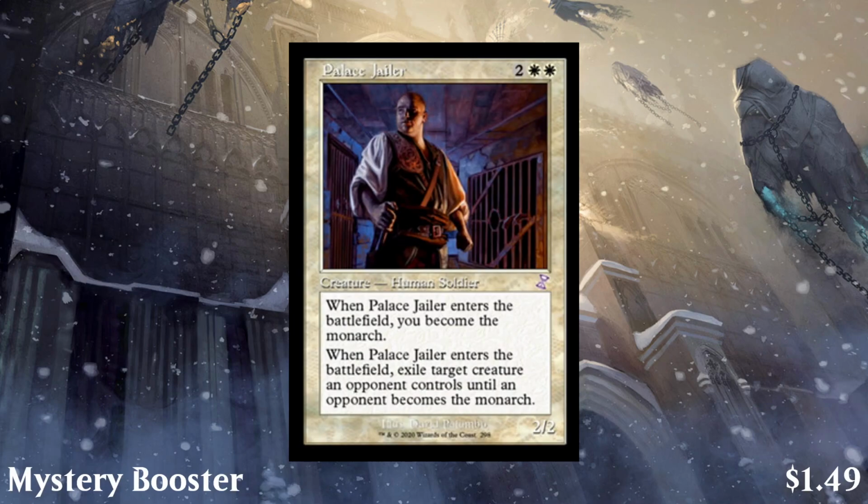Next, we have Palace Jailer, another one of the more obscure cards, at least from my knowing of it, but it's a 4-cost white creature, human soldier, 2/2, and when it enters the battlefield, you become the Monarch, and when it enters the battlefield, exile target creature an opponent controls until an opponent controls or becomes the Monarch. So it's like a weird creature exile effect. It's actually going for $1.50,